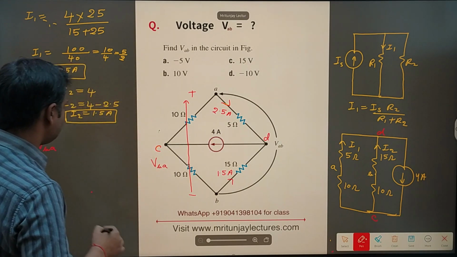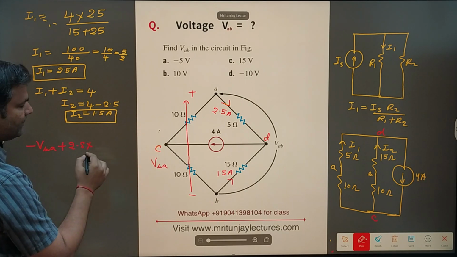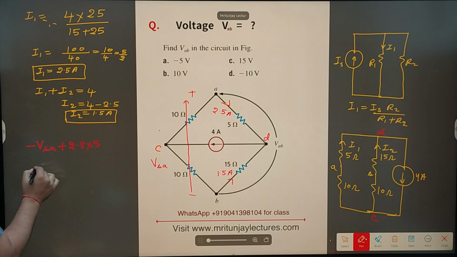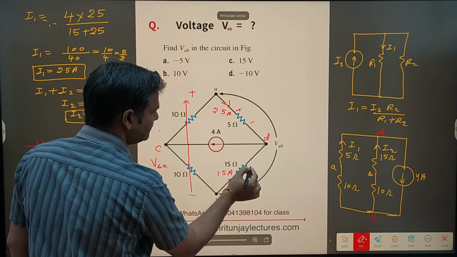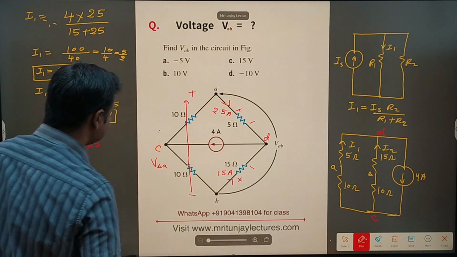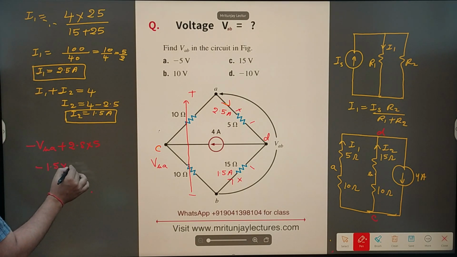plus 1.5 plus 2.5 into 5, plus the direction of current, apply KVL, 1.5 into 15, this is equal to 0. So V of BA is written as 2.5 into 5, that is 12.5,